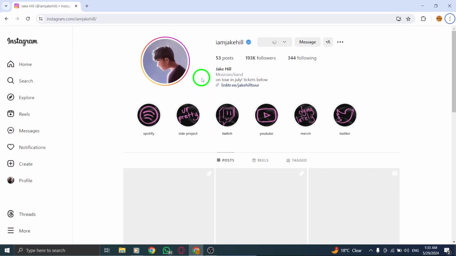By following these steps, you can easily unfollow a page on Instagram from your PC, allowing you to tailor your